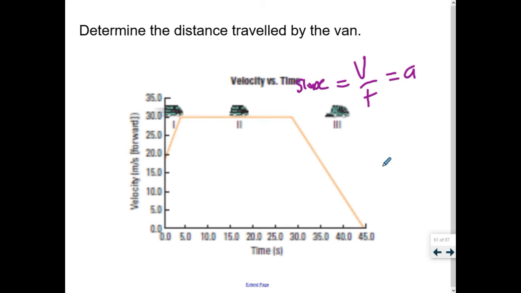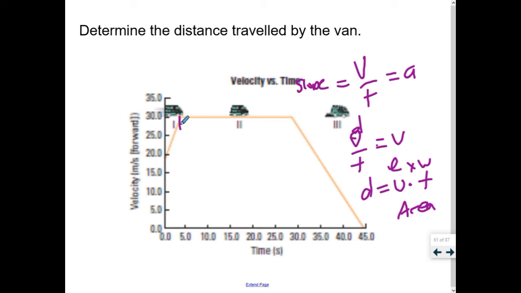What if I don't want to know that? What if I want to know how far you went? This graph tells you your speed. Well, do something different. Velocity is distance divided by time. So if you rearrange it, distance is velocity times time, then what you're really looking for is